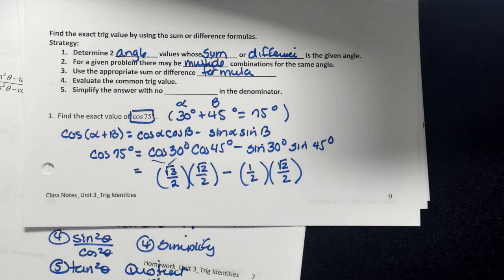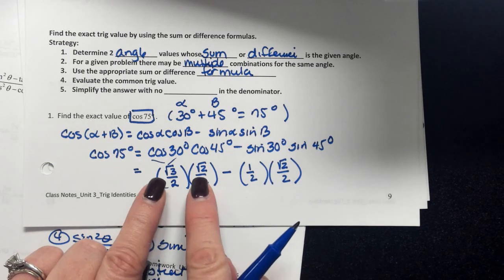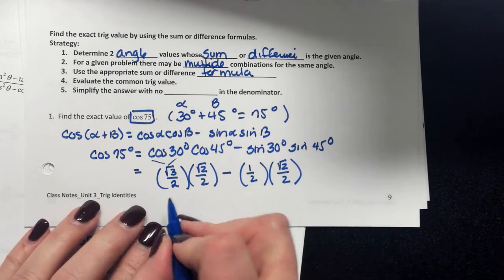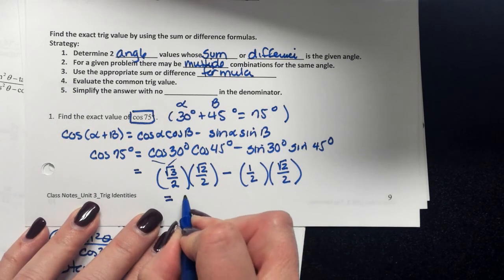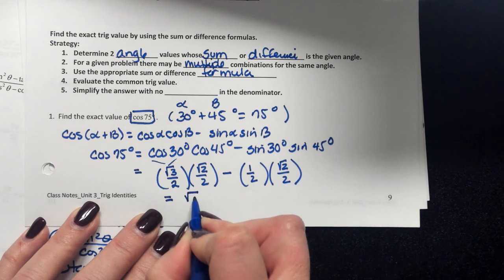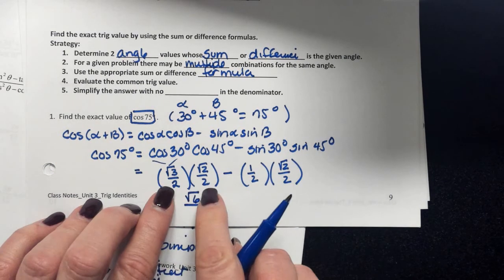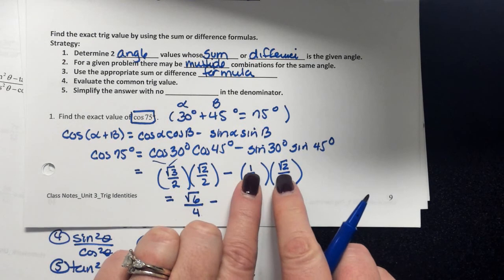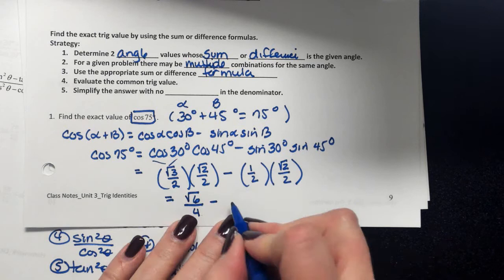You're multiplying and you're subtracting fractions. What by PEMDAS are we going to do first? Multiply. So remember how you multiply fractions together. You just multiply the numerators and multiply the denominators together. What is square root 3 times square root 2? Square root 6 over 2 times 2, which is 4, minus 1 times square root 2 is just square root